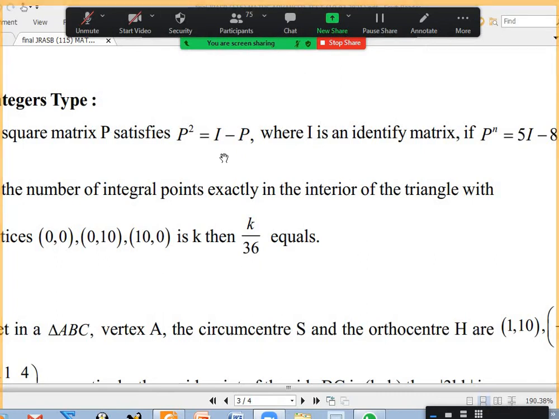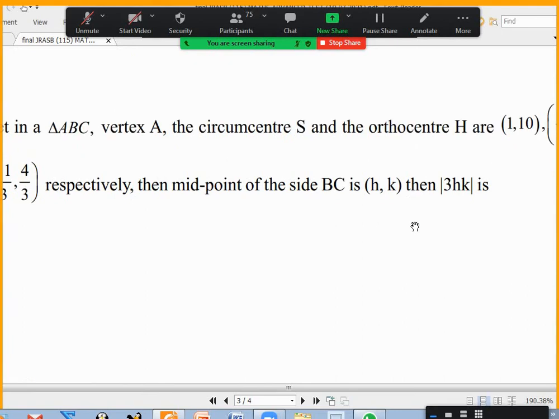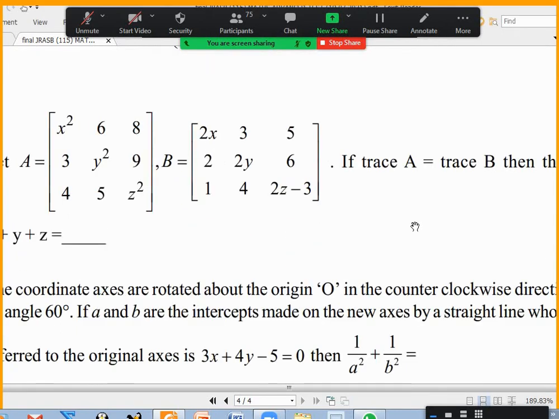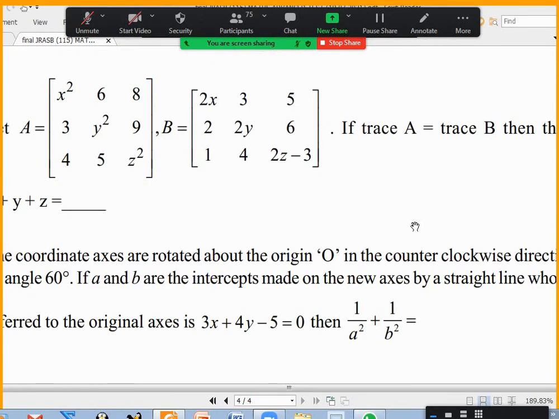Yes, sir. Okay. Something like this you have done in our main set advanced material, right? Yes, sir. Maybe this exact one is not given, but I think p power 5 or something was asked. We found it, right? Yes, sir. Okay. Fifth question. Any doubt? Yes, sir. Okay. Fifth question.